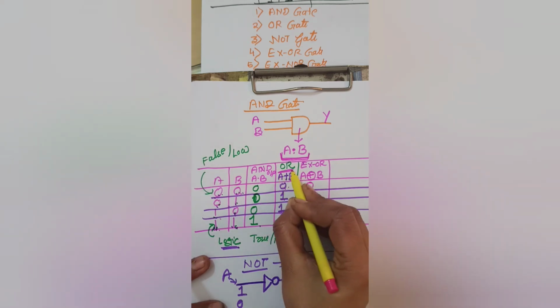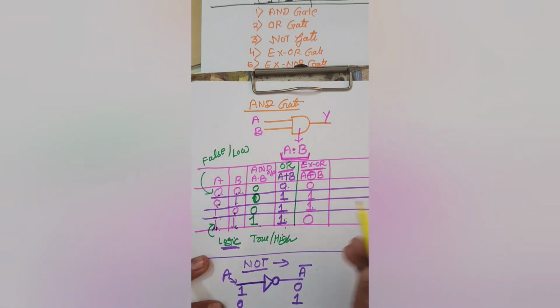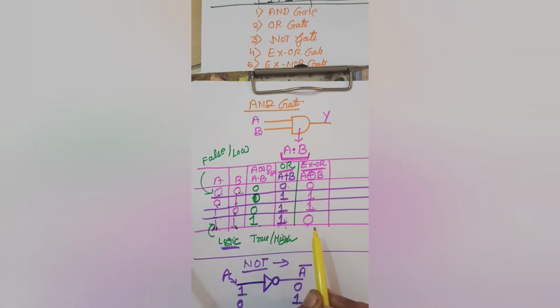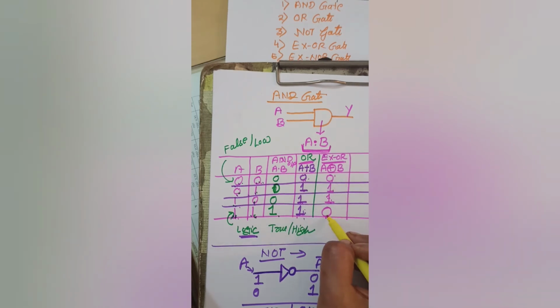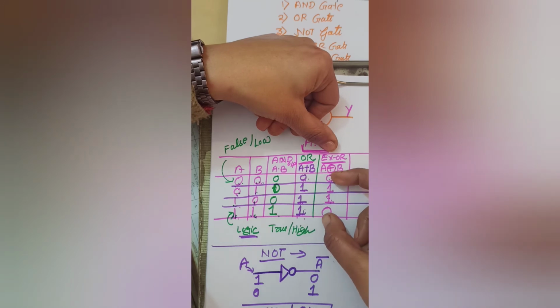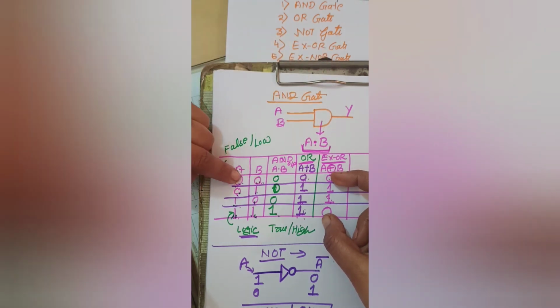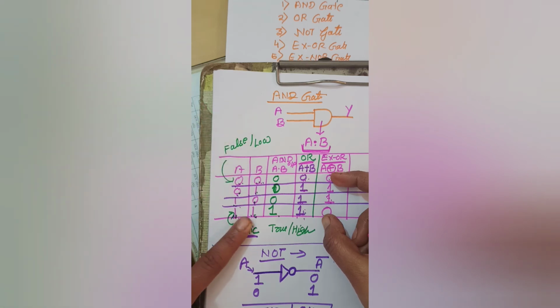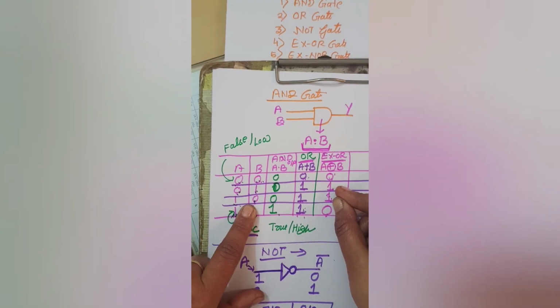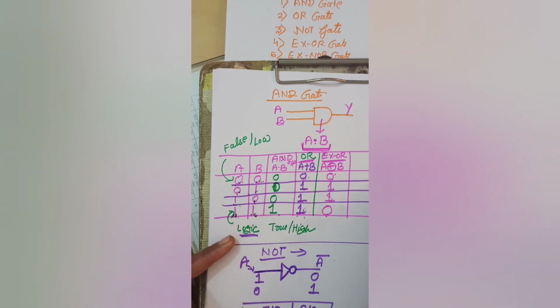So compare the OR gate versus exclusive OR gate: 0 for 0, 1 for 1, 1 for 1, and 1 for 0. We can consider that exclusive OR gate gives me output 0 when the inputs are the same, in the sense either both inputs are 0 or both inputs are 1. Exclusive OR gate gives me output 1 when the inputs are different, either 0 1 or 1 0. So by this way we can identify the exclusive OR gate.